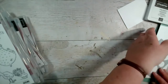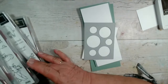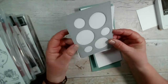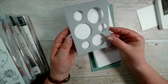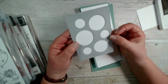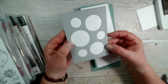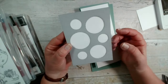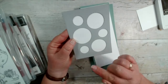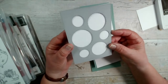So my 2 ideas are as follows, because I want to get the most out of these and I don't want to create, you know, 6 different cards. So one is I'm going to use the Picture This dies. Now these are going through to the new catalogue, which I'm really pleased about, which means what I can do is pop individual animals into each of those little holes. So the Picture This dies comes in 2 forms. It has these circles, but it also has 3 rectangles. I've chosen the circle ones here,